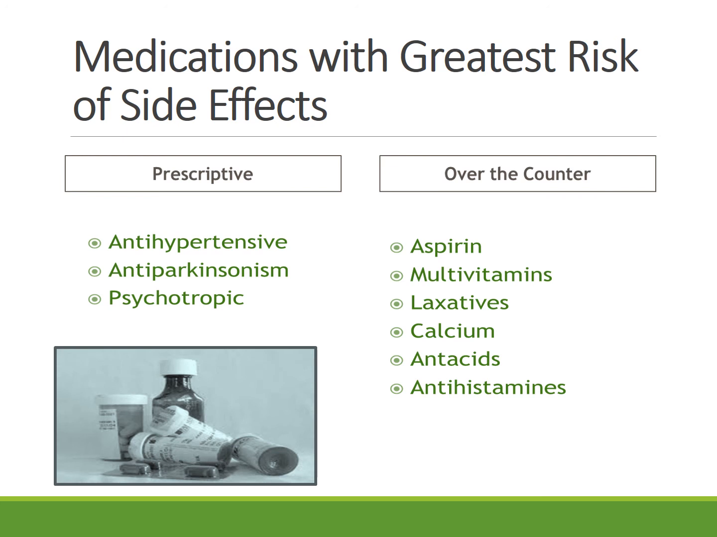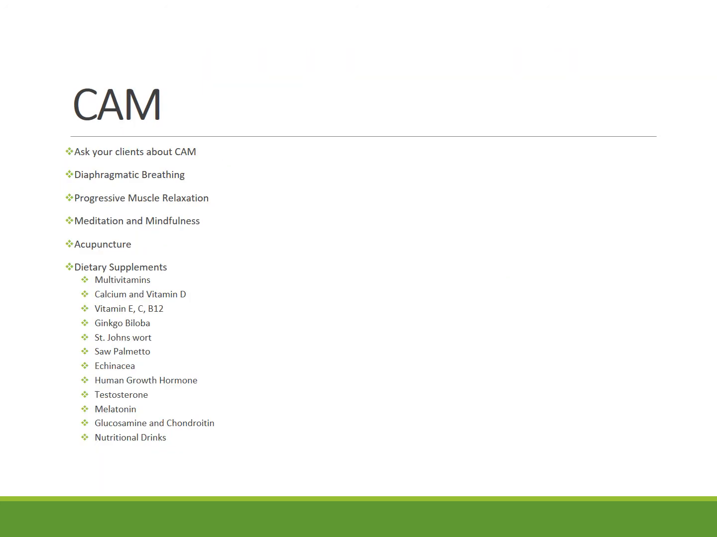So there's a table in your textbook, Table 5.4, which you might want to review, which has some of these medications. In addition to those that I just mentioned, there's also complementary and alternative medicine that you want to ask about specifically. Don't ask them about CAM, just ask them about anything else that they're taking, any supplements or any kind of meditation or breathing that they're doing. So you could ask about diaphragmatic breathing, progressive muscle relaxation, meditation and mindfulness, acupuncture, and then a whole list of